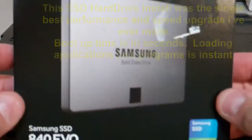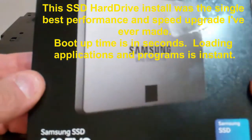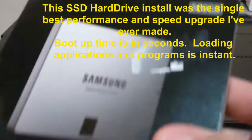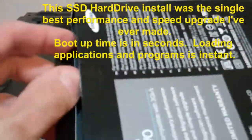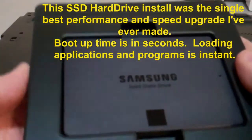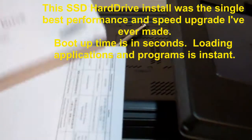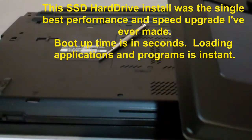Alright everybody, here we have a Samsung 840 EVO Solid State 500 gigabyte hard drive unboxing. We're going to install it in the Lenovo 1020 with the T410. Actually, this is a T420